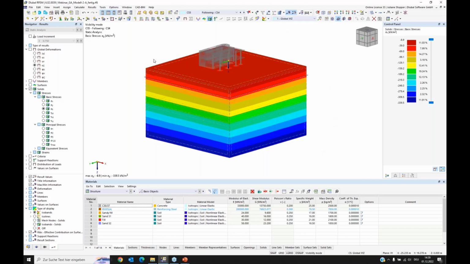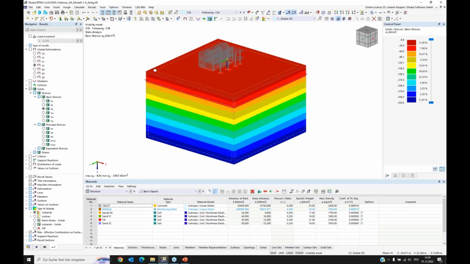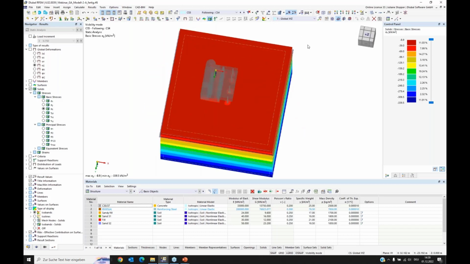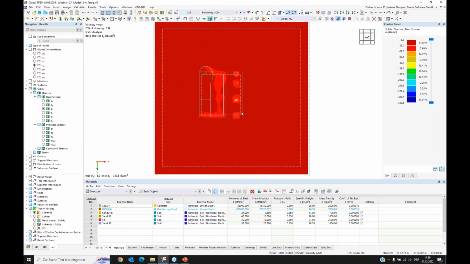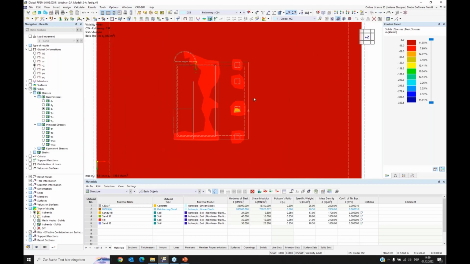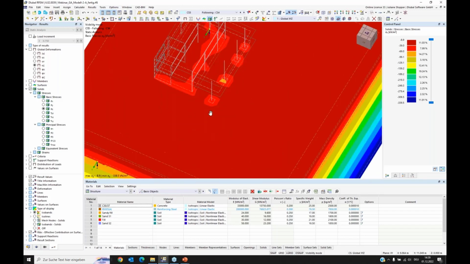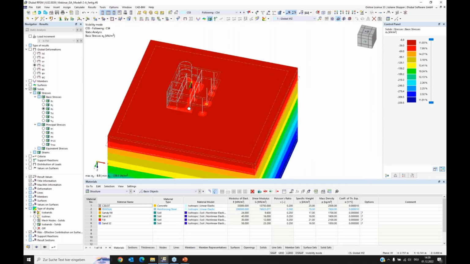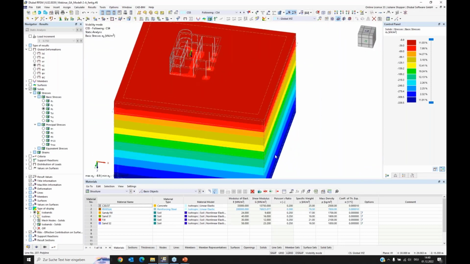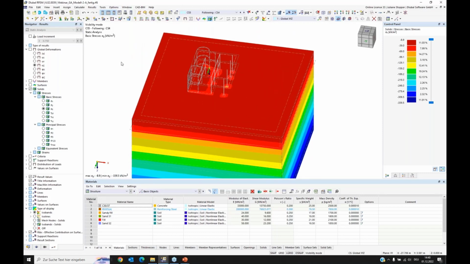What is also of interest for us is the contact stresses. Therefore, I will go to the wireframe model view and so show this perspective. And as we can see, the result is not easy to analyze, as the high stress values of the solid are considered. And therefore, we have the option that we get